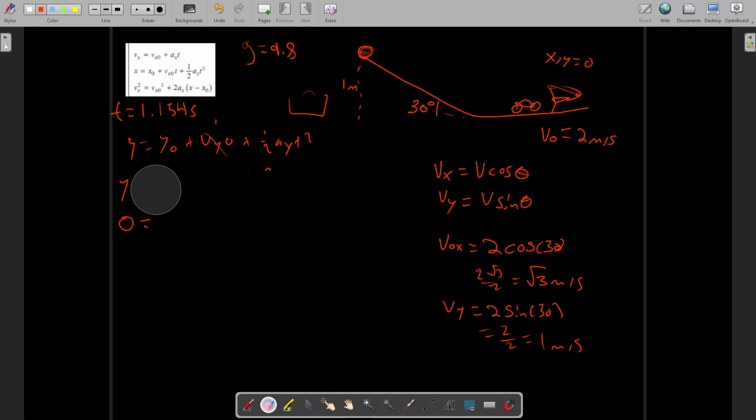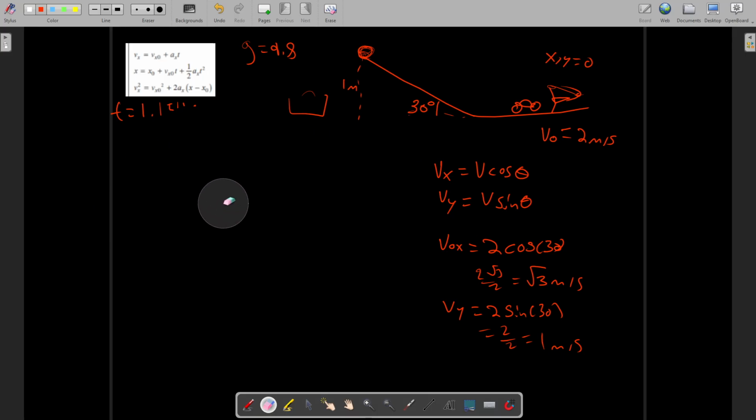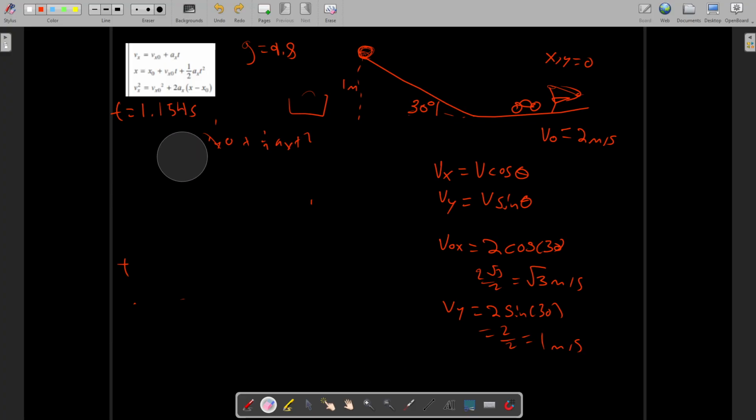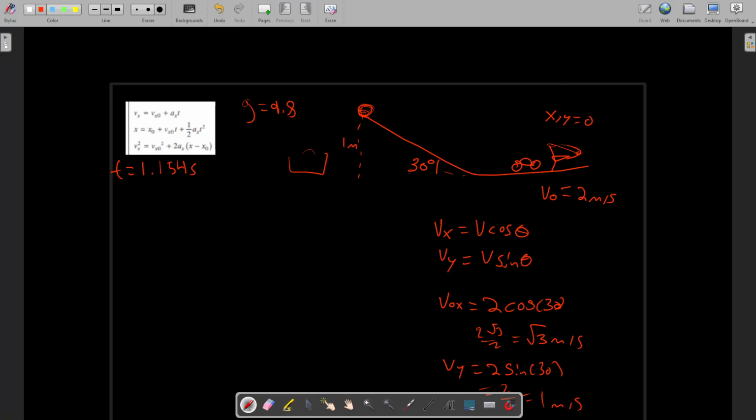Now, remember that you're probably going to be doing this with your own thing, and that's fine. Oops, I didn't want to erase that. So, you know, change the values to fit yours. And then, so we have this, and now what I want to do is find out how far the